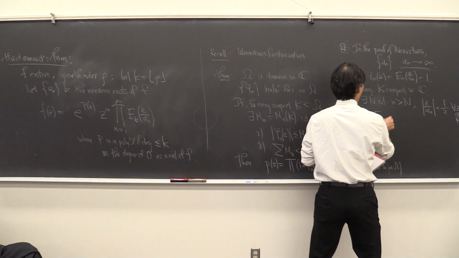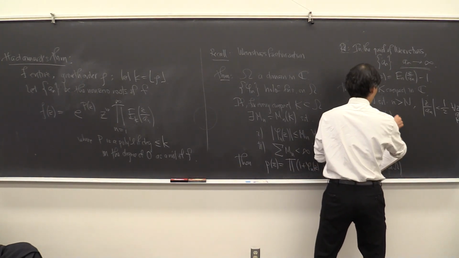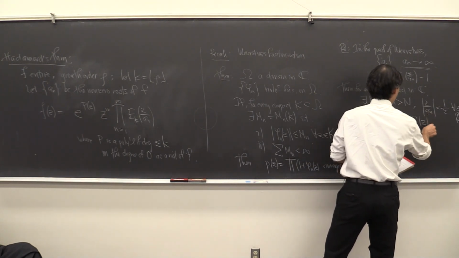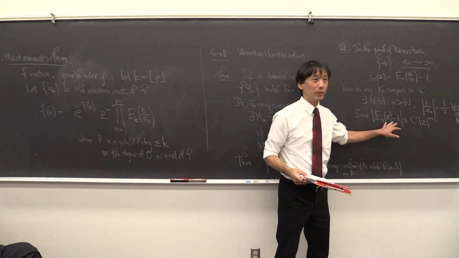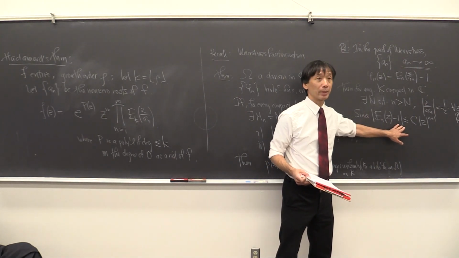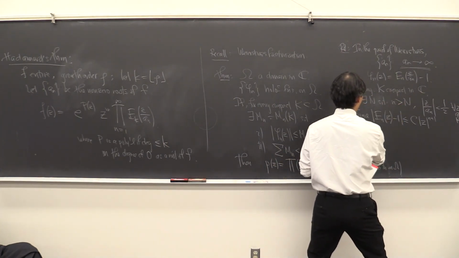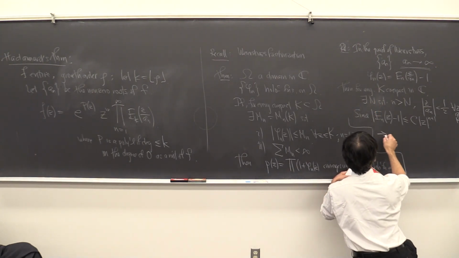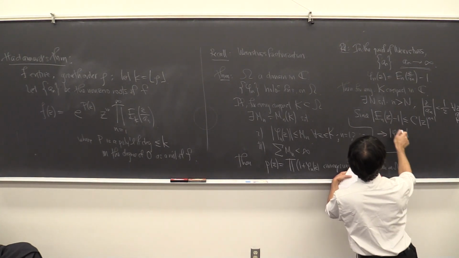Now remember we had this bound on e sub n, that the difference from 1 was controlled by some constant times z to the n plus 1. Remember this? This was our bound on the elementary factors. And so what does that give us? That gave us that the phi sub n, which are exactly that difference,